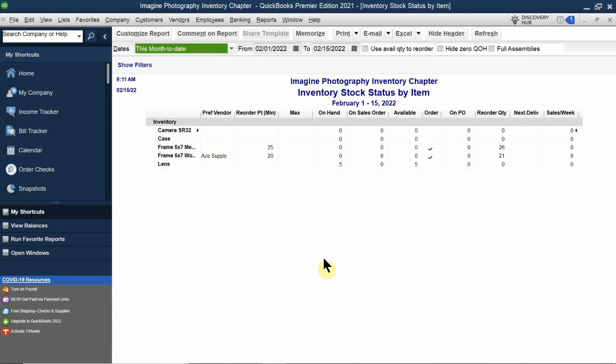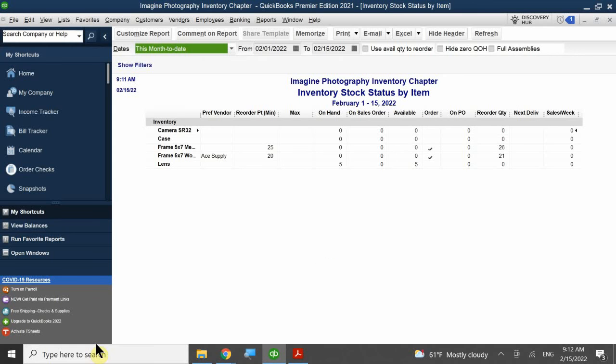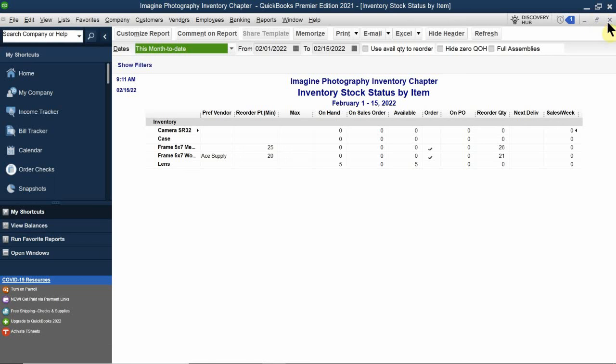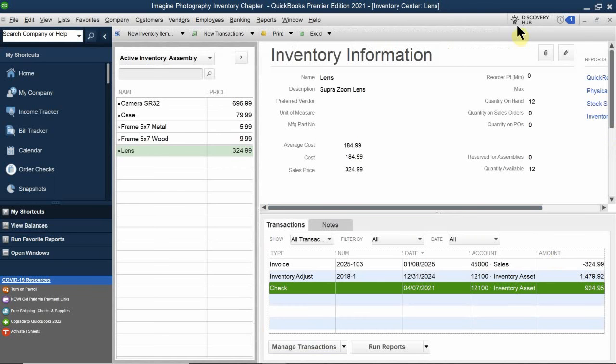Okay. So that's the inventory stock status report. Now that was the first one, right? Buying and purchasing at time of service. You can do it, and it allows you to increase your inventory accordingly, as long as you use the items tab. But in this case, you make sure that you actually have the items in the first place